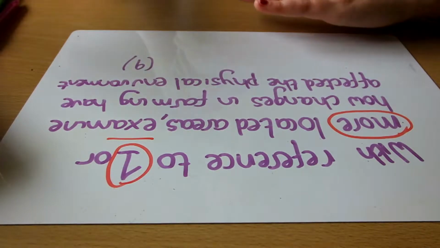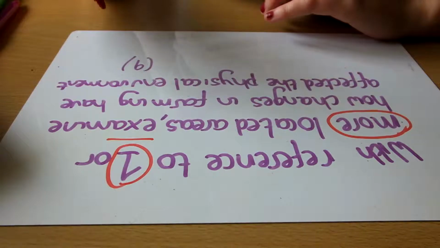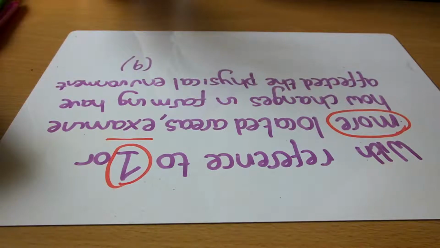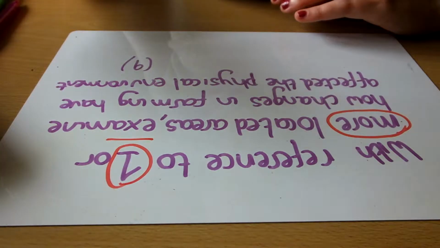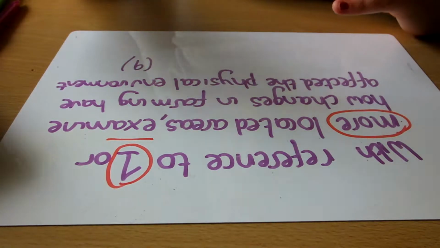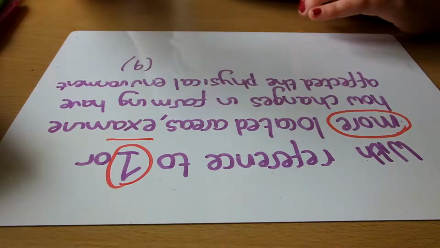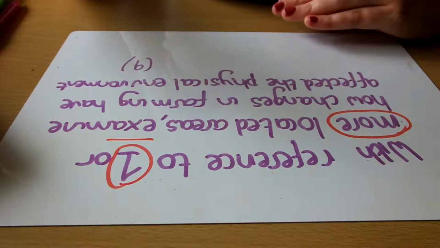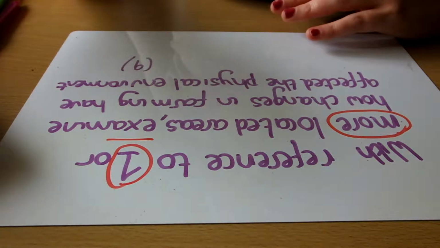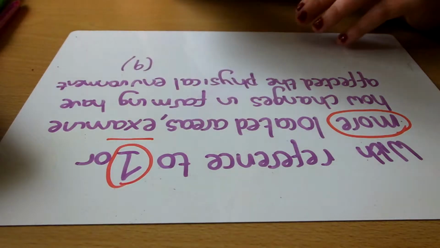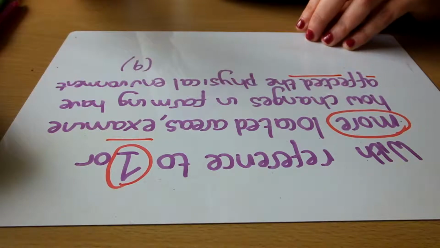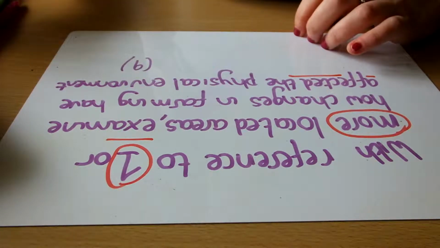areas. So one thing that you could talk about here in terms of examining the changes in farming and how it's affected the physical environment: since the 1980s the Common Agricultural Policy has been put in place, and that has put restrictions, it's given subsidies to people, it's tried to make farmers farm their land a little bit better. If we also look at things like environmental stewardship, they say that you can only use a certain amount of fertiliser and nitrates on your land. So therefore, you can say that in terms of how it's affected the physical environment, there's been a positive, because now the watercourses aren't as ruined.